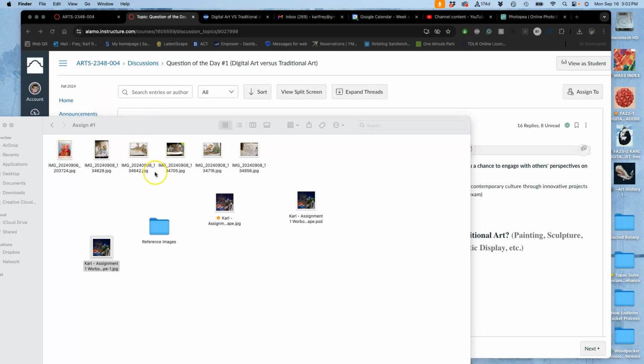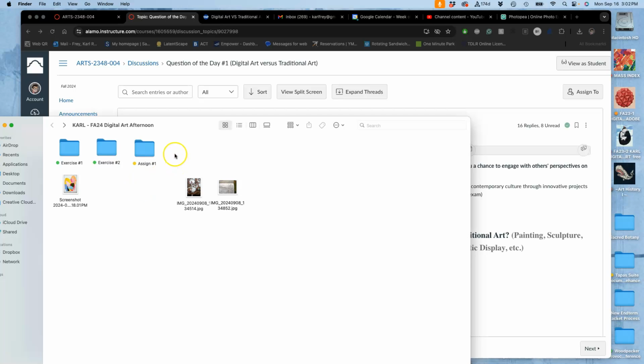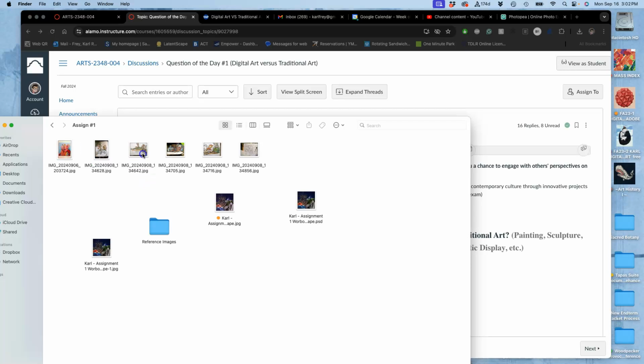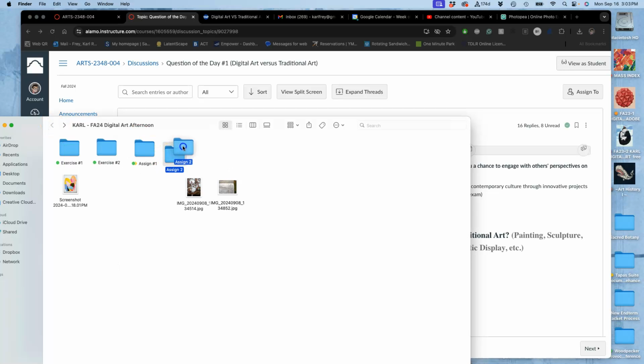All right, we just finished posting assignment 1, so I'm going to organize it into my folders. And then I'm going to make a new folder. I'm going to call it assignment 2, and I'm going to mark this one as green, but still yellow in the background because I still want to improve upon it, right? We can always improve upon our projects, but we got something turned in that meets requirements. So assignment 2,